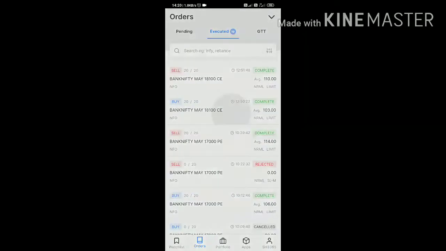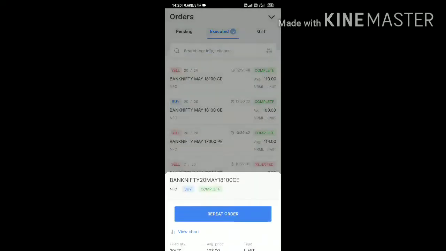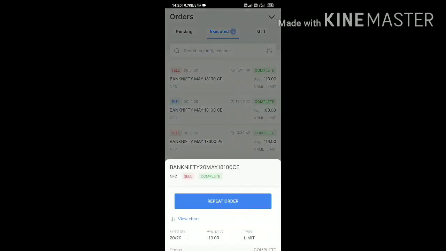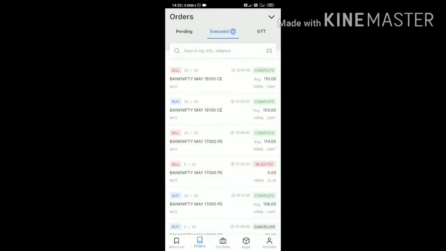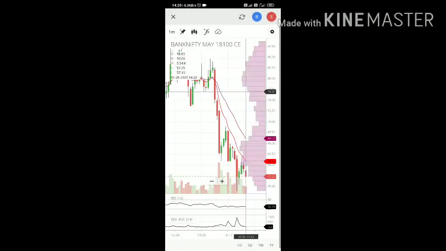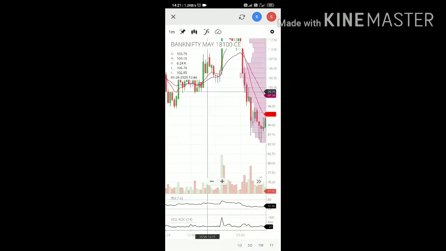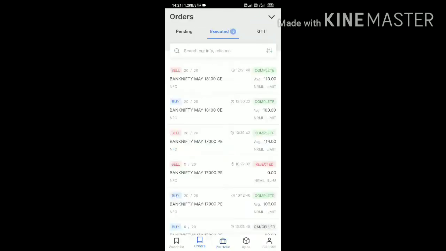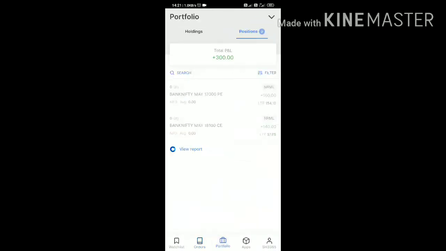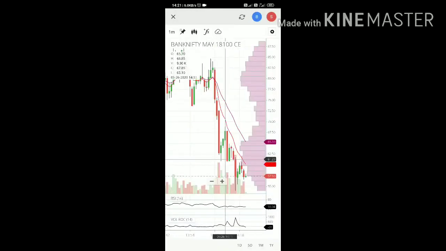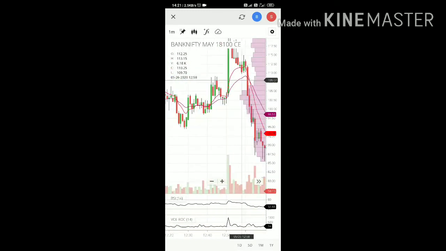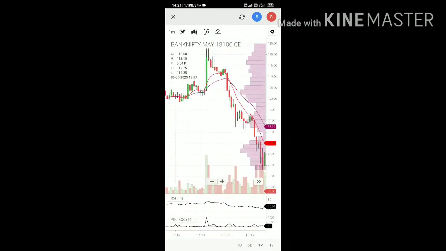So you have to be trailing your stop loss. This is the rule right now. You can take the risk, but it is up to individual perspectives. I don't want to take the risk right now, because 1 to 3 months before, I used to trade randomly. I see the market is going down and up, and that way I traded, and I booked many losses. So right now I tend to trail the stop losses a bit.